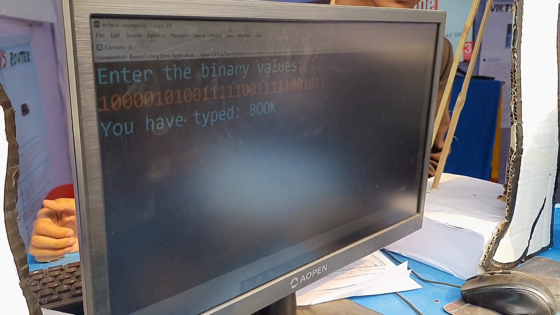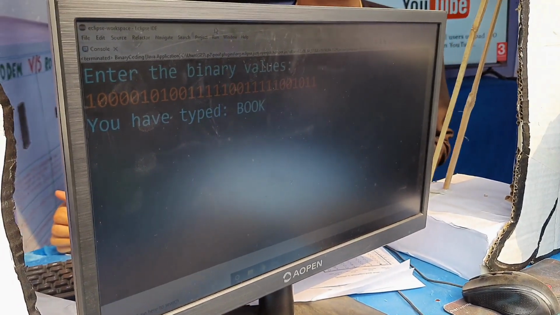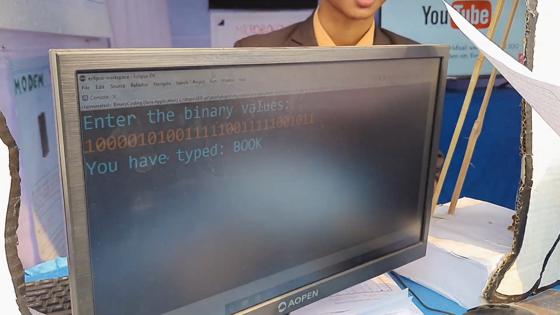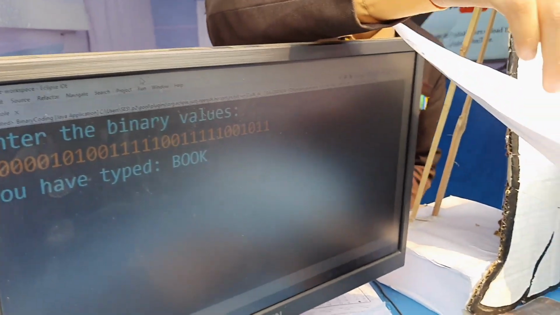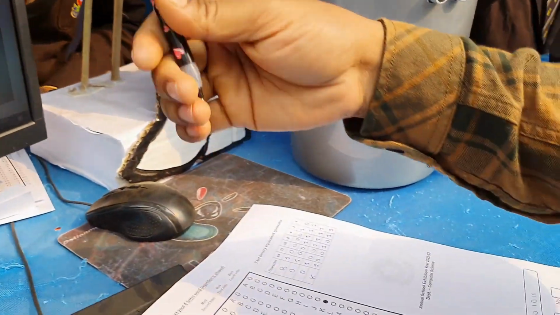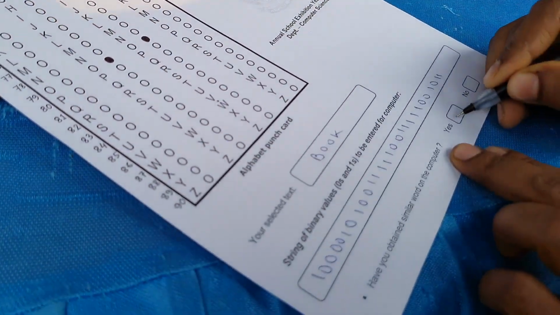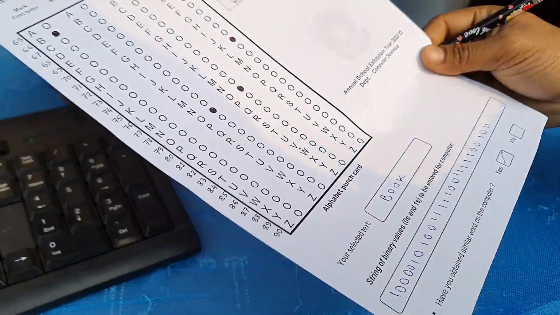Have you obtained the similar one? Sir, yes or no? Clicking green flag at first and continue.